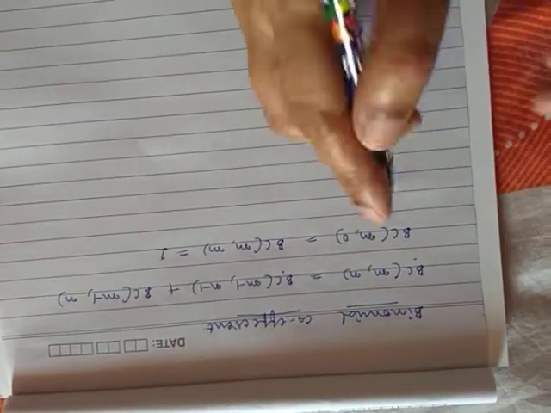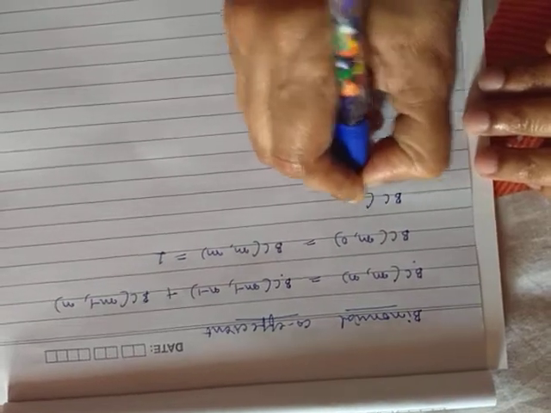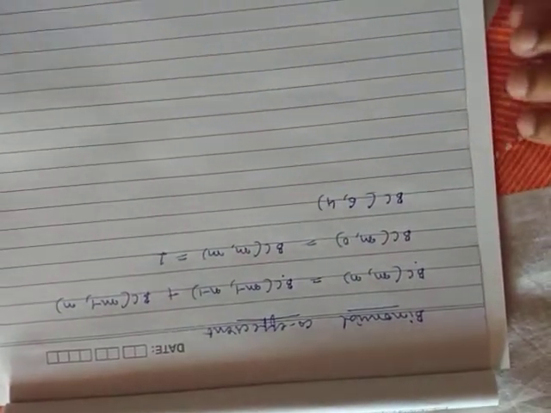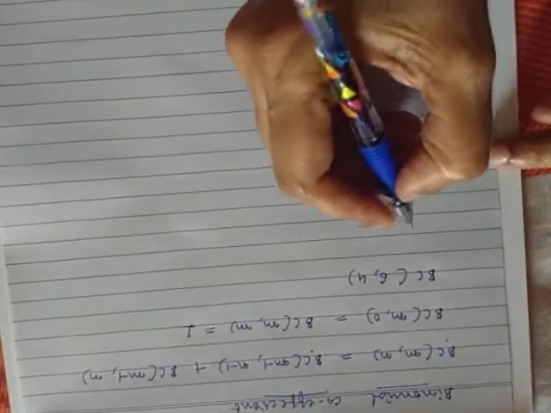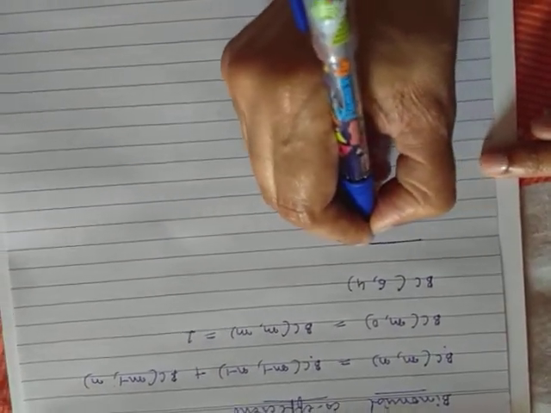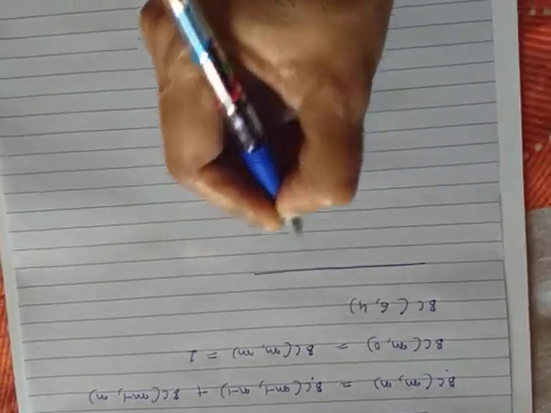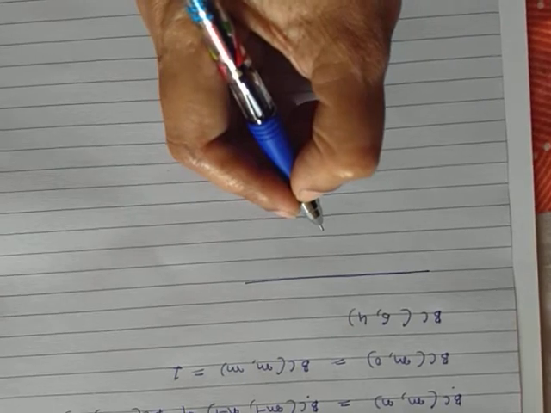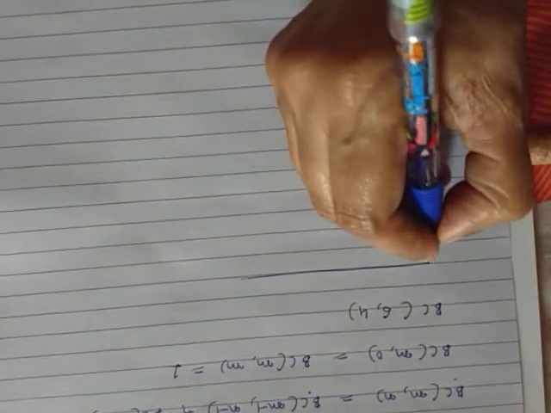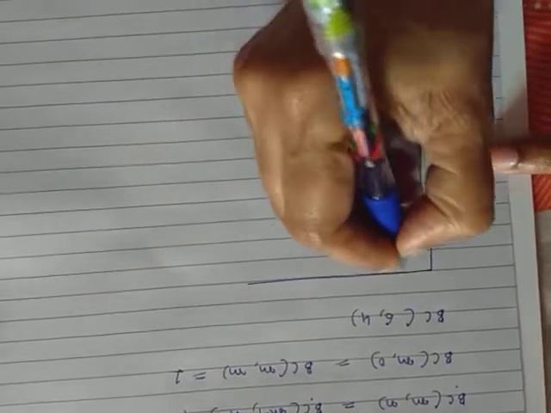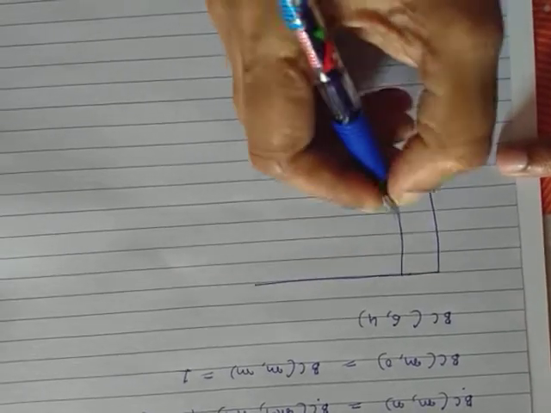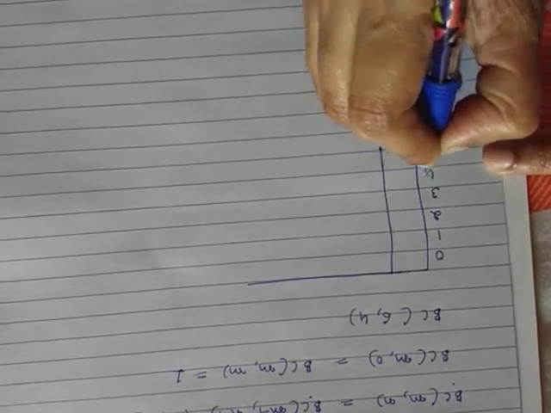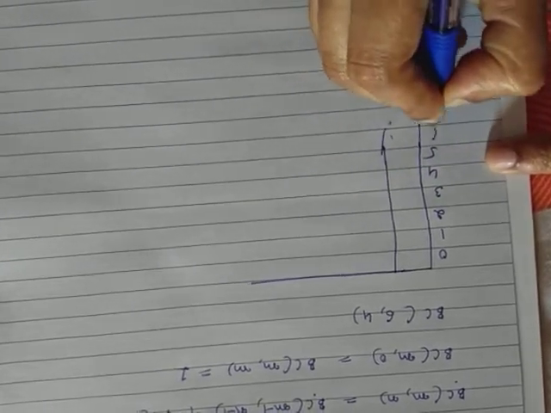Having understood the formula, now let's apply the dynamic programming technique to solve the binomial coefficient. We want to solve the binomial coefficient of 6 comma 4. We will do so by constructing a table, because the very philosophy of dynamic programming is that every subproblem solved has its value entered into the table for later reference. Let's do so here. We start from 0, 1, 2, 3, 4, 5 and 6 here.